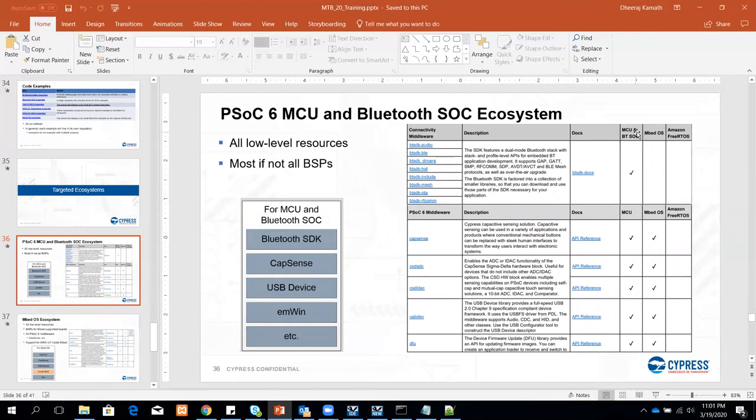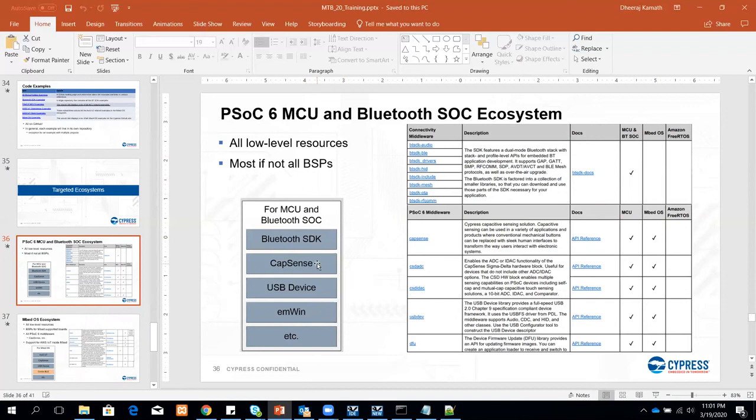For MCU and Bluetooth, all the libraries are available, and some things like BLE, basically Bluetooth libraries, are not available yet on Embed and Amazon FreeRTOS. On the high level, I've mentioned the important ones here.